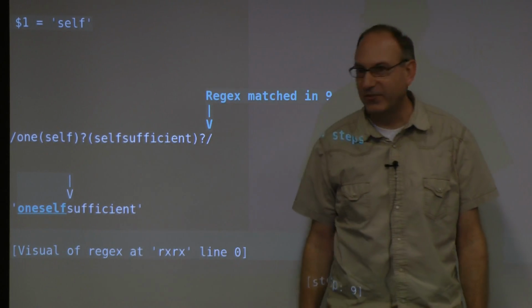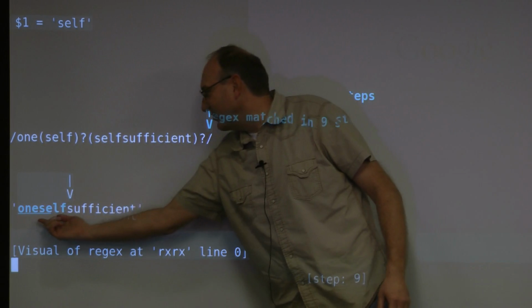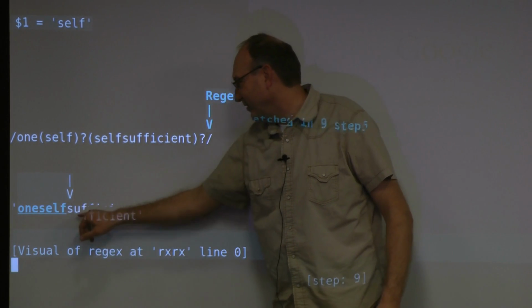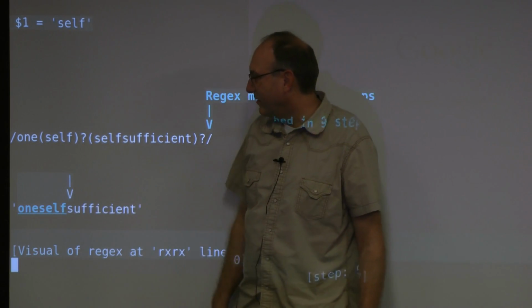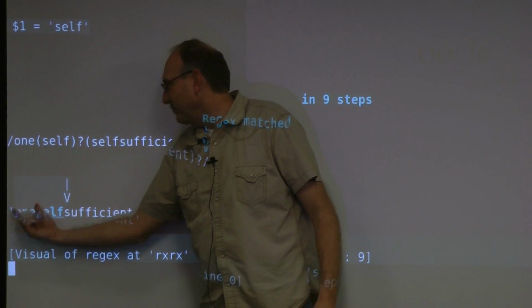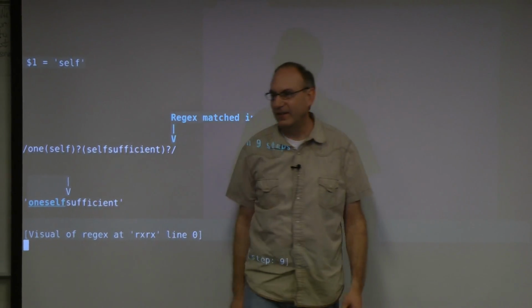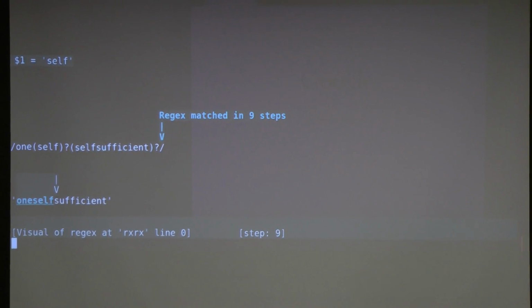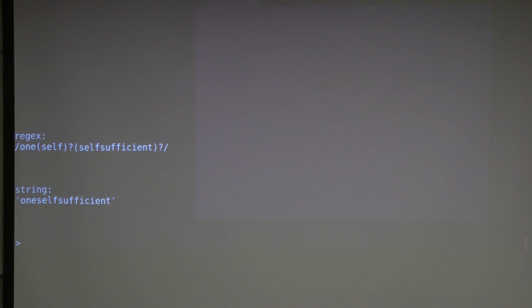So longest leftmost doesn't necessarily always happen. In this case, one self is shorter than one self-sufficient being captured separately. If longest leftmost were always applicable, you would have no capture in 1, and in 2 you would have self-sufficient, and that didn't happen here. So